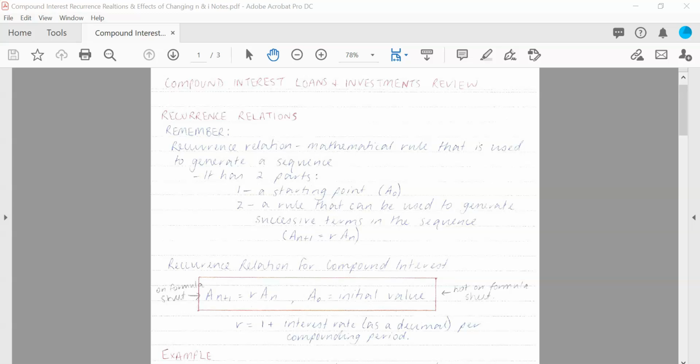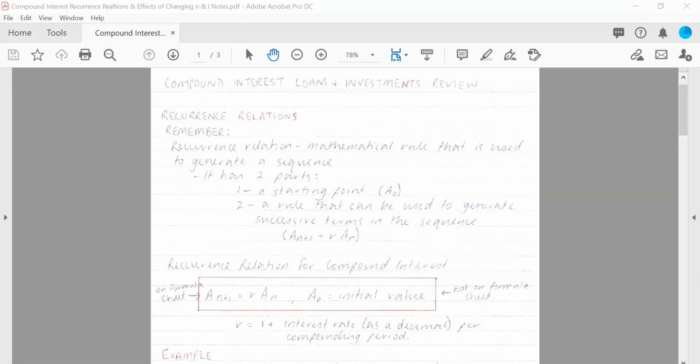Good afternoon, Year 12. In today's lesson, we're going to revise the work that we covered before the holidays. So as you know, before the holidays, we started Unit 4 with our first topic, which was compound interest loans and investments. And we started looking at recurrence relations and how we could model compound interest loans and investments using